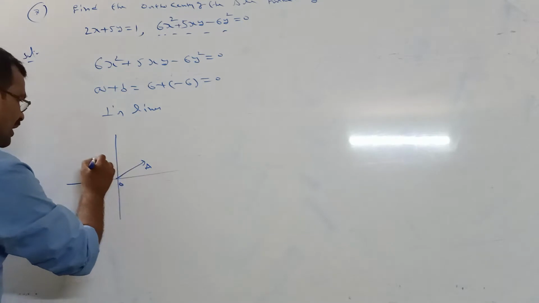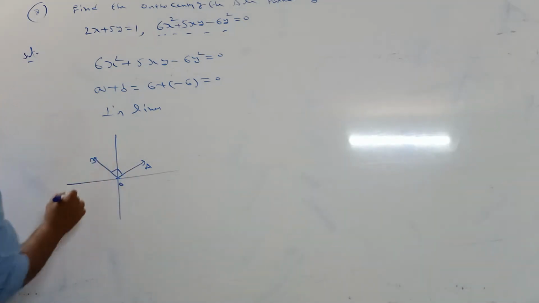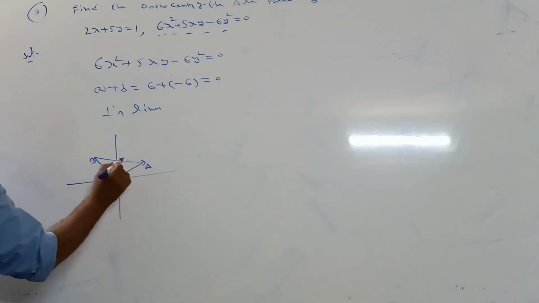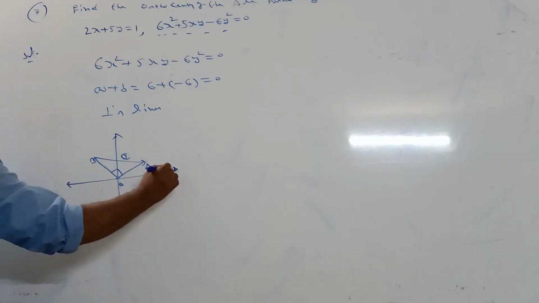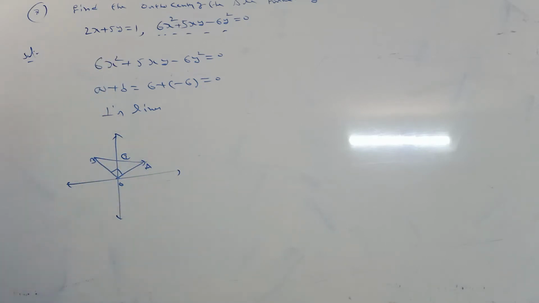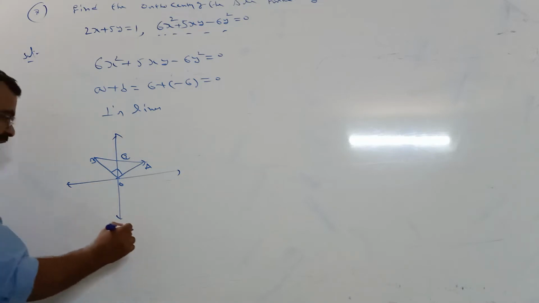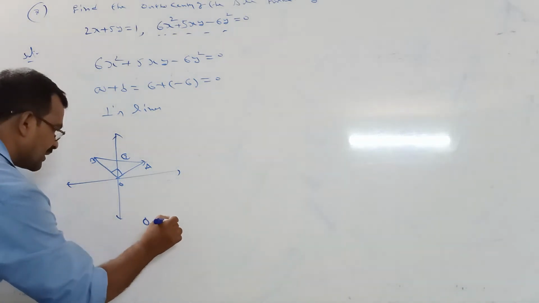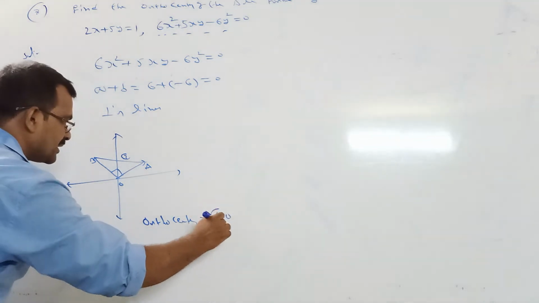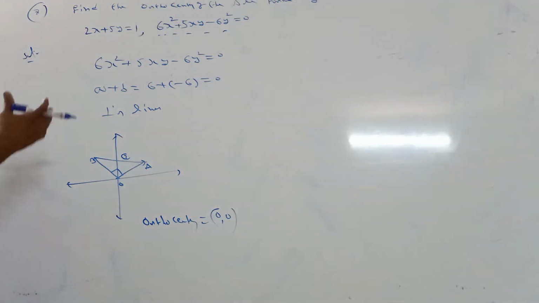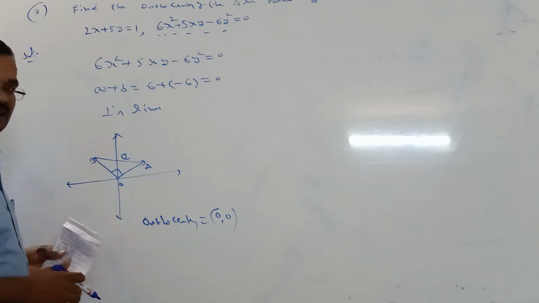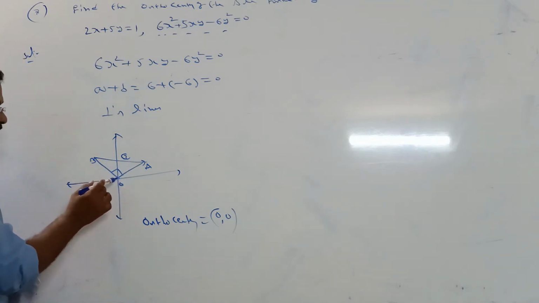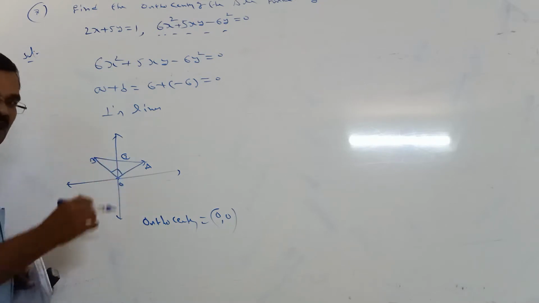So the lines OA and OB are perpendicular, like this. Origin, this is OA, this is OB. Both lines are perpendicular. That one is another line, the third line. So OA and OB perpendicular means the origin is the orthocenter of the triangle formed by the given lines. In this question, the orthocenter is the origin. Why? Because the given pair of lines represents perpendicular lines, so it forms a right angle triangle. For a right angle triangle, the vertex at the right angle is called the orthocenter.